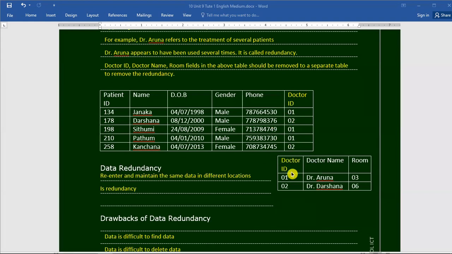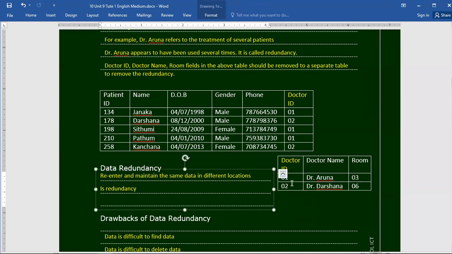Then the doctor ID is the primary key. We will discuss what a primary key is later. Doctor ID is the primary key because the doctor ID field is used to identify the record uniquely.